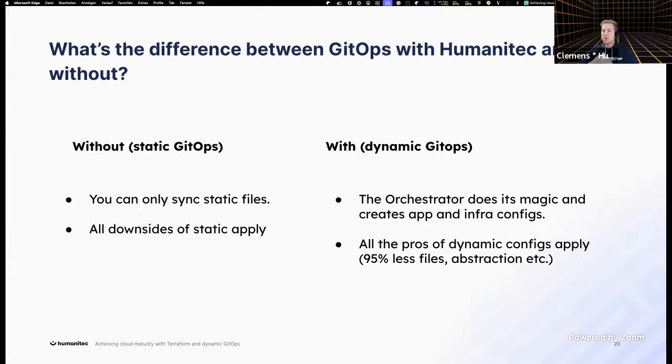And with dynamic GitOps, all of that goes away, because all of this complexity, which is normally onboarded to your developers, is being taken care of by the orchestrator. They just have that very simple syntax. They can ask for the infrastructure. The orchestrator creates a description, creates schematics on how to build that. And because of that, you only need one description for all of the environments.